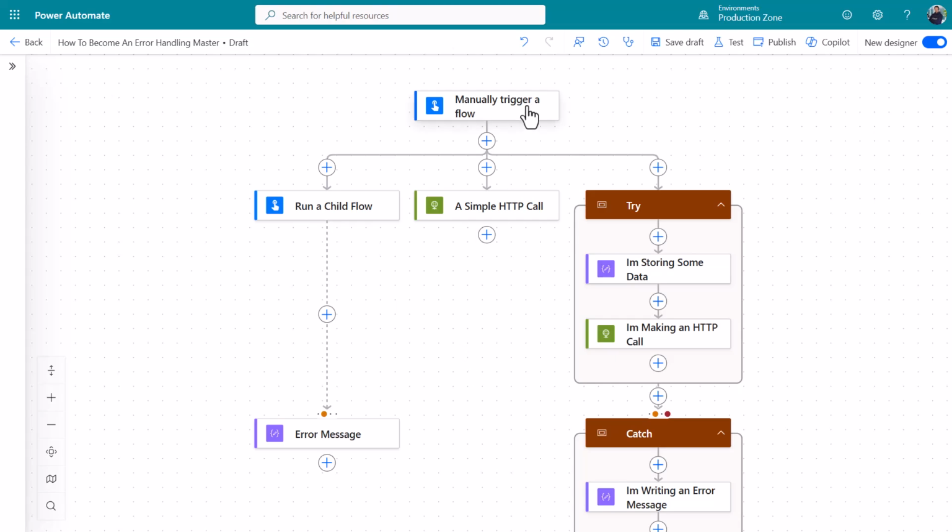So first of all, we might have a flow. This one's just a manually triggered flow, but you might run a child flow. This might be an approval that you send off. Sometimes things take longer than expected. Maybe what you don't want is your flow overall timing out because a child flow has timed out, or maybe an approval has taken too long. So the first option I'm going to share with you is that if you have a flow action like this,